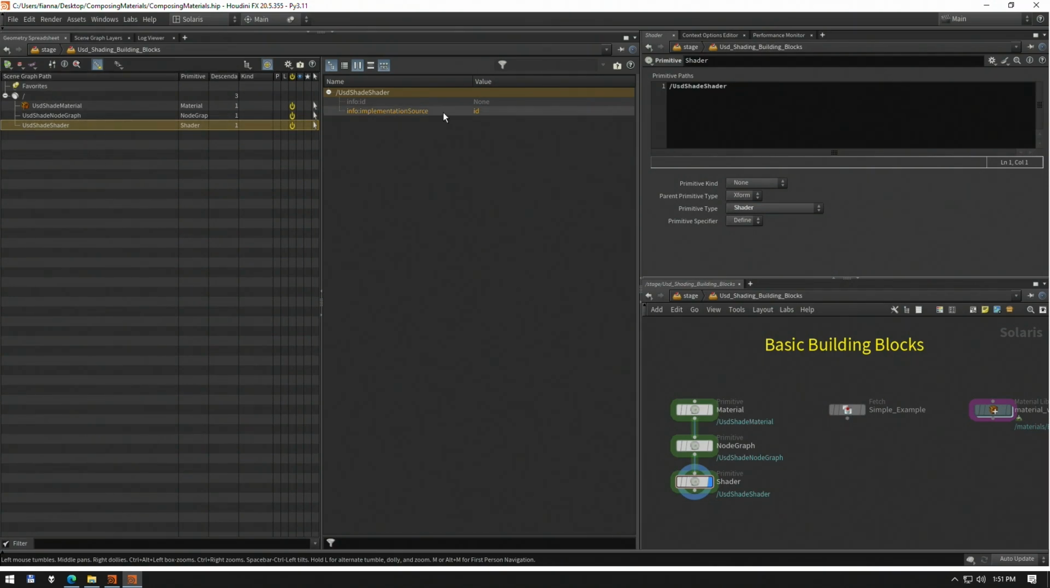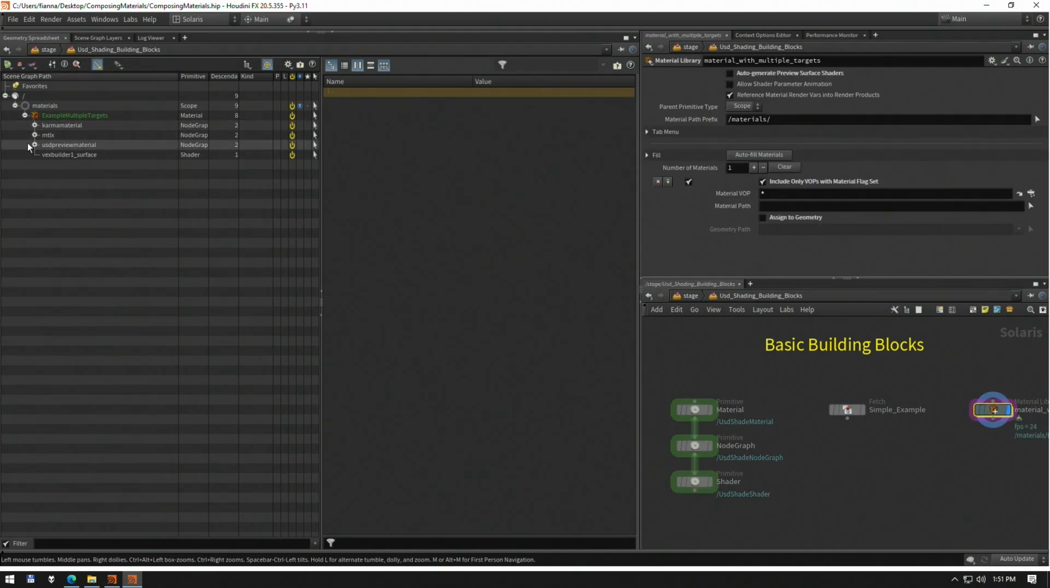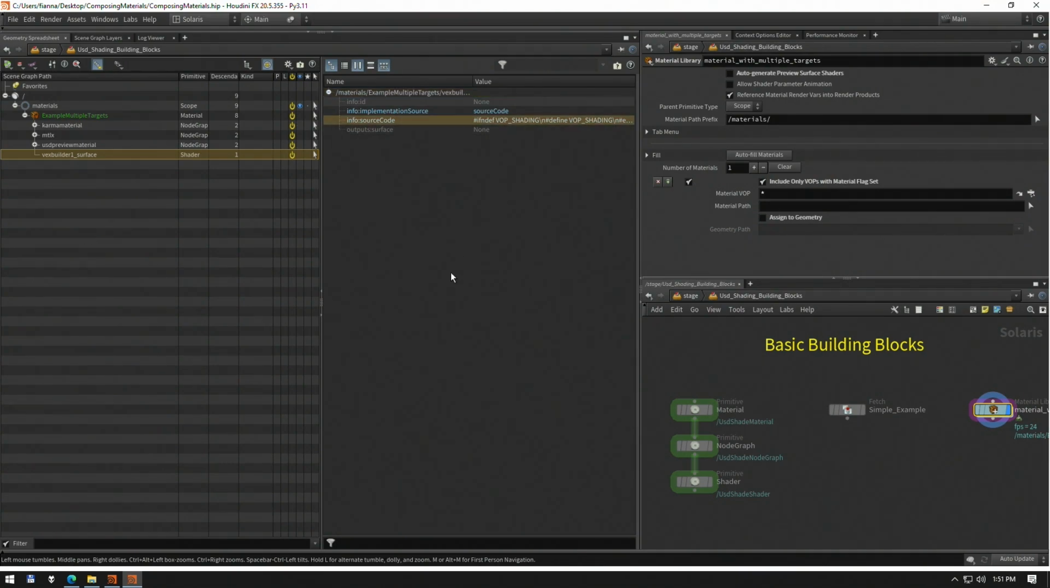So shaders are unique because they are just one prim type, but they can have a different source. There are three source types in USD: there's ID, the asset path, and source code. The asset path one, we don't have any examples of here, but we're going to look at ID and source code. So this Vex builder, if you started with Solaris early on and you were using just the regular principled shader, you would see a lot of these in your scene. And if we look at it,